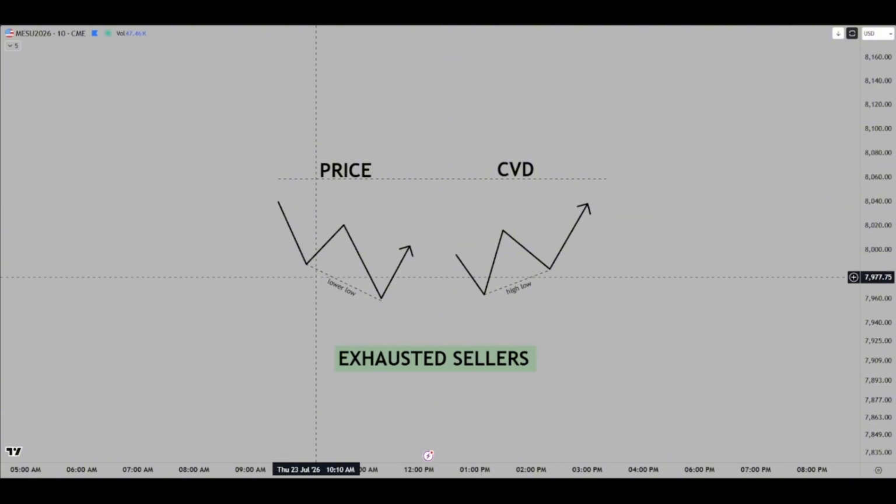So when price creates a lower low and CVD creates a higher low, that is an exhausted seller divergence, telling us that basically the big sellers are slowing down and they're kind of getting out. This just simply means that the sellers got to their point that they're taking out of their position and it's time to flip the market. So this type of pattern is what you want to see when we're at a key level, showing us that we've gone far enough through that level, and now we're going to start to look for a pattern to the